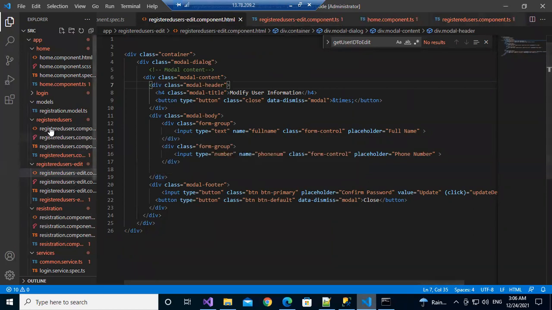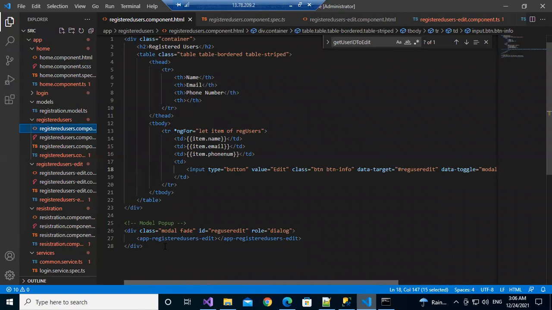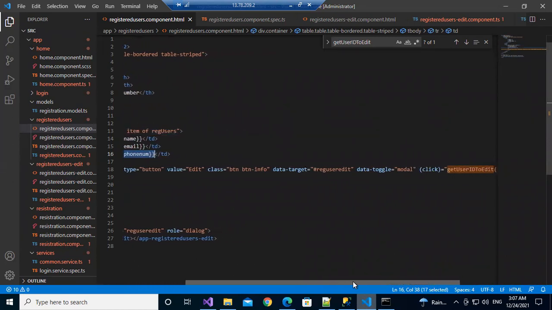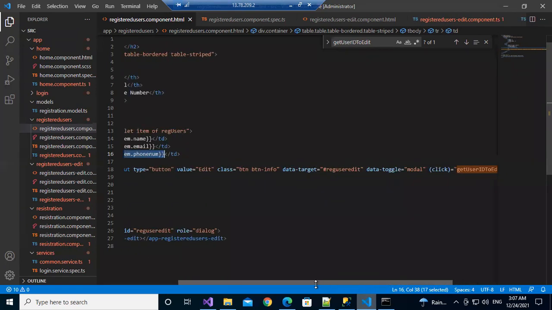Okay, registered user data. So here item is this one only, inside of the tbody, the tr only: let item of registeredUsers. This item simply binds with interpolation, item.id.